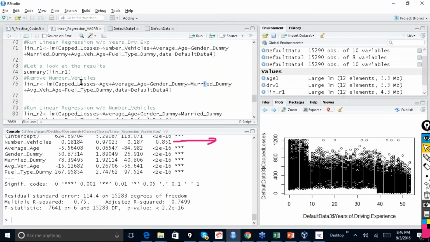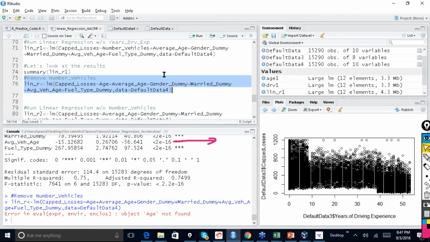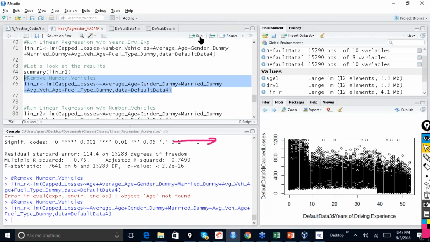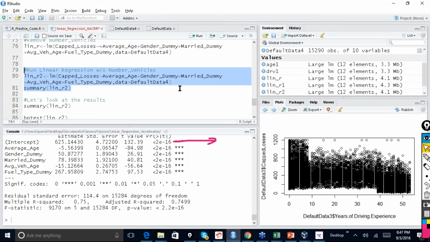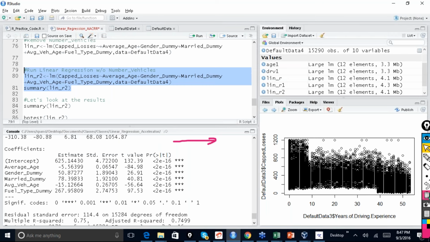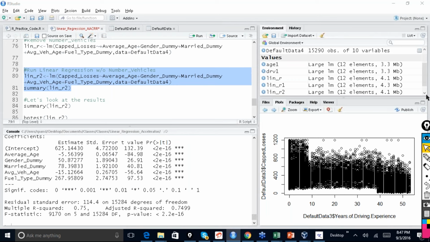Okay. So now what we'll be doing is we will remove the number of vehicles because it's not significant and rerun the model. Rerun the model, and this is how the model looks now. Now all the variables are significant here, right? And everything looks good. And if you see the R square,